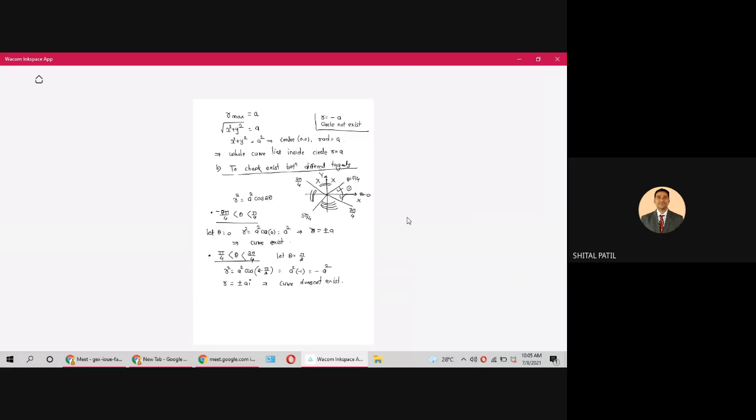Can anyone tell me, is it required to check existence between 3 pi by 4 to 5 pi by 4, or can we write the answer directly considering some concept? कोई concept use करके हम डायरेक्टली बता सकते हैं कि 3 pi by 4 to 5 pi by 4 में क्या होगा? Symmetry. Yes. Very good. Symmetry. Curve is symmetric about both x and y axis, na?